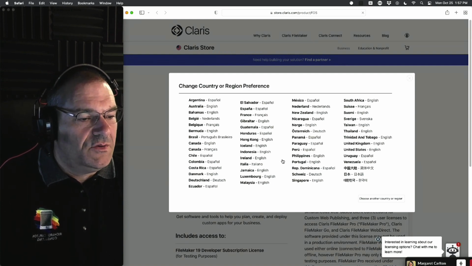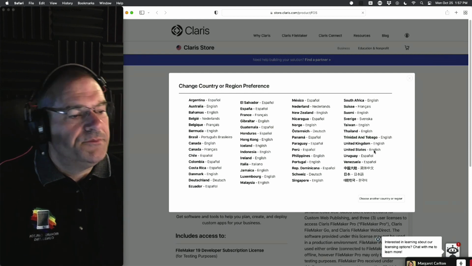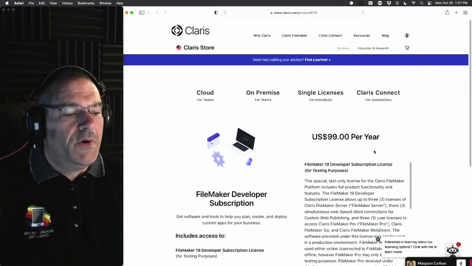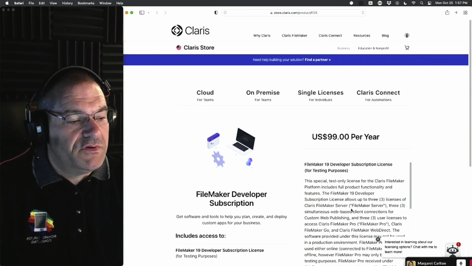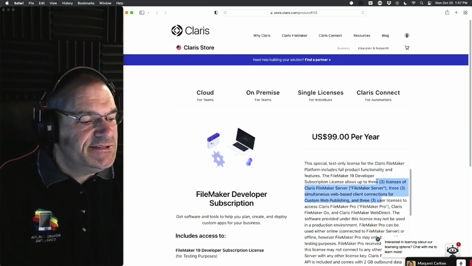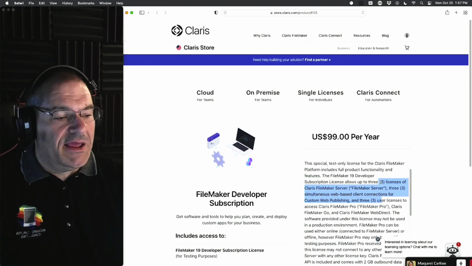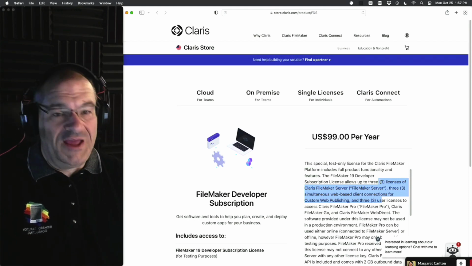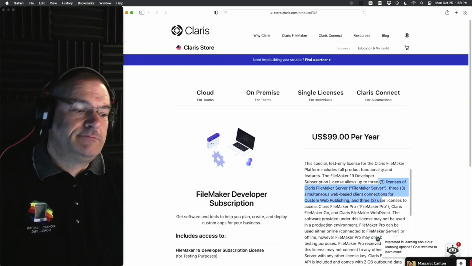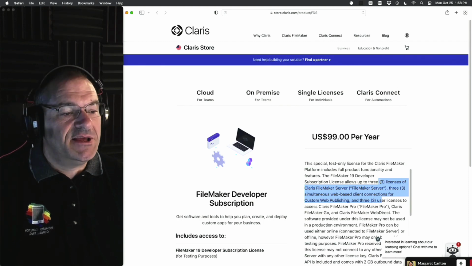But what it allows you to do is you get a copy of, there we go, United States English. You get a copy of FileMaker server, like server, Mac, Windows, and I'm assuming Linux is in here. And it has a 3 license cap on it. And so this is not for deployment. I can't count how many people who get this and they promptly set it up for their business. Once again, it's designed for testing, for you to set up a server to do testing on.